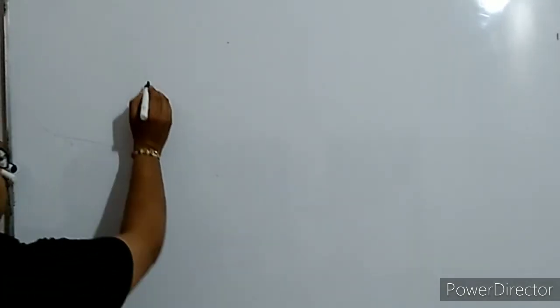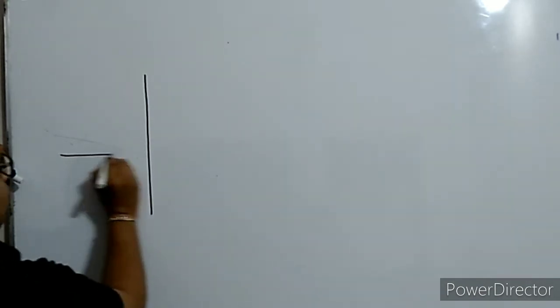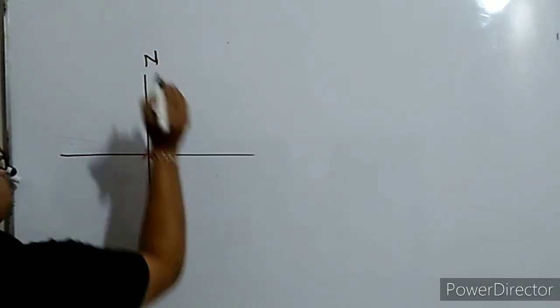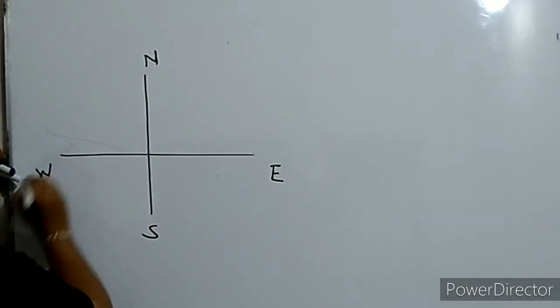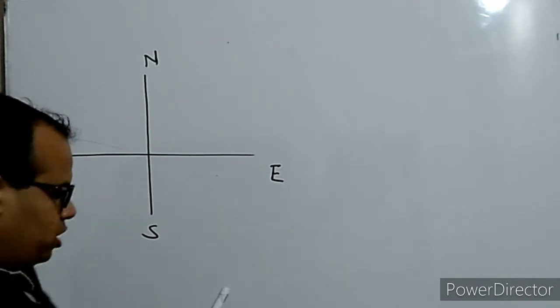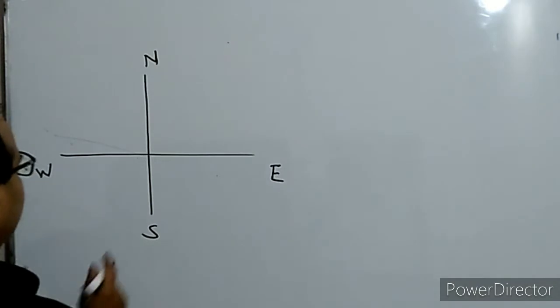Friends, next question is like this. In a harbor, wind is blowing at the speed of 72 km per hour, and a flag on the mast of a boat anchored in the harbor flutters along the northeast direction. So it is given that wind is blowing. See, flag flutters, it means that the wind is blowing in that direction. So here we have, this is north, this is east, this is south, and this is west. So flag flutters in northeast direction. Northeast means exactly in between north and east.